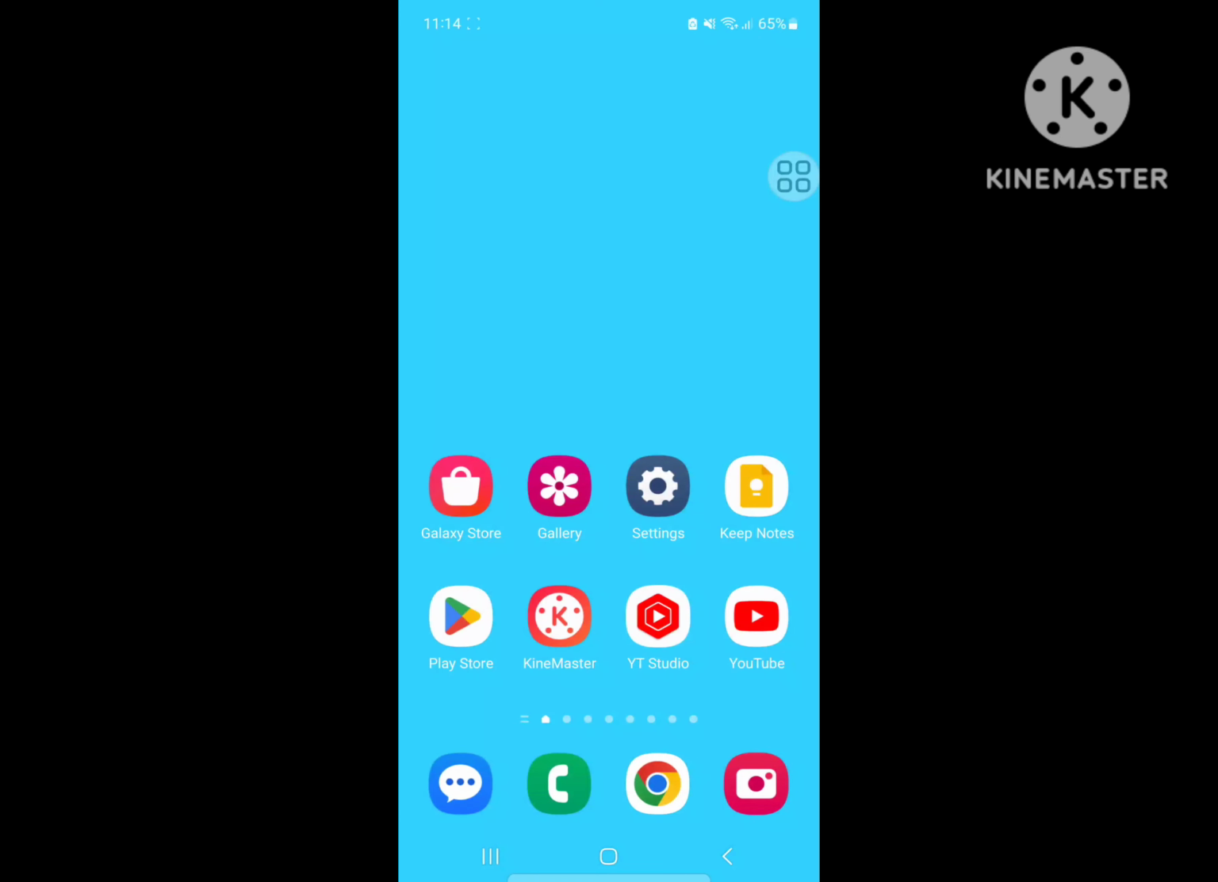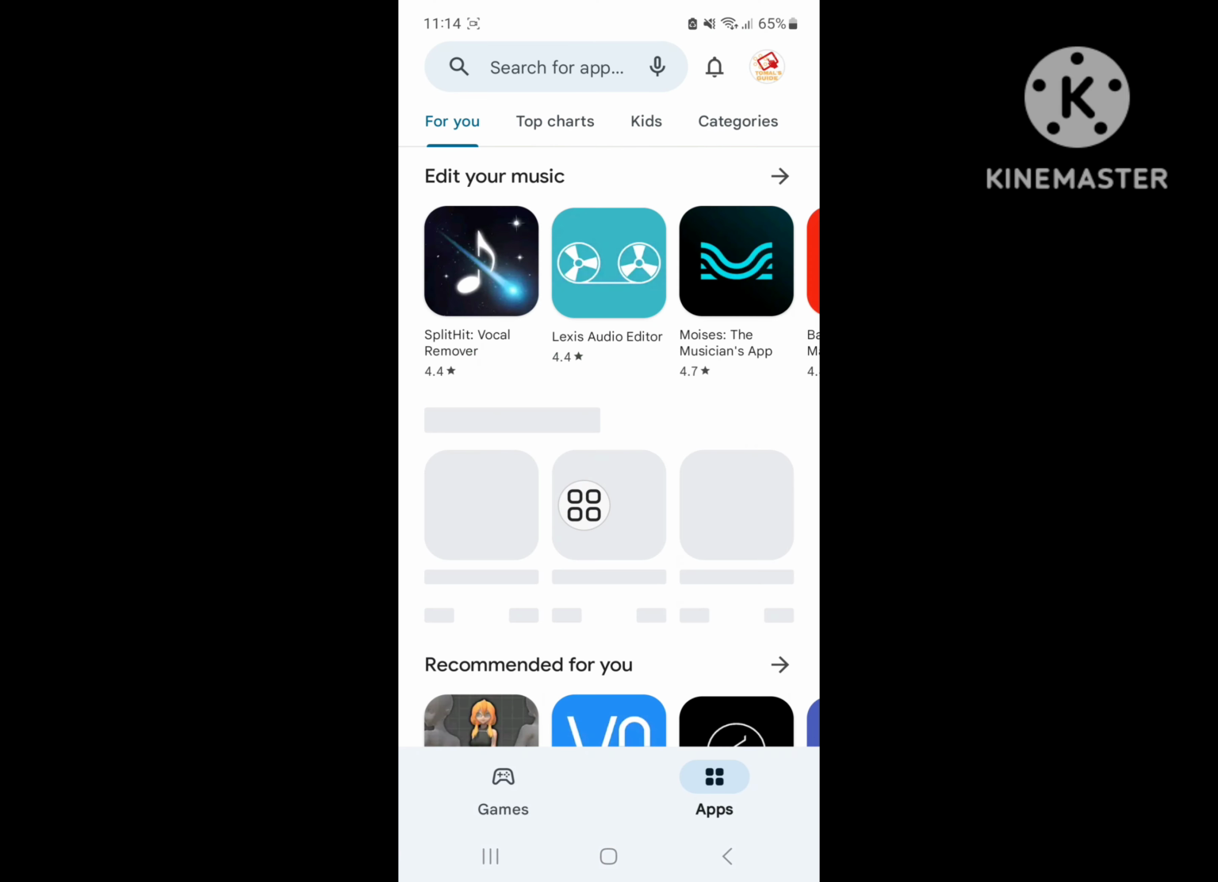Are you looking for how to fix Instagram message swipe replay not working or replay option not showing? In this video, I show you how to fix Instagram message replay not working problem or Instagram replay option not showing problem. For solving this problem, go to Play Store, search for Instagram,